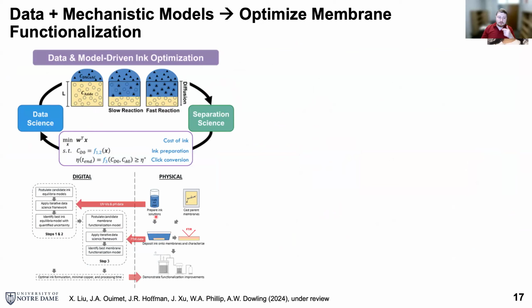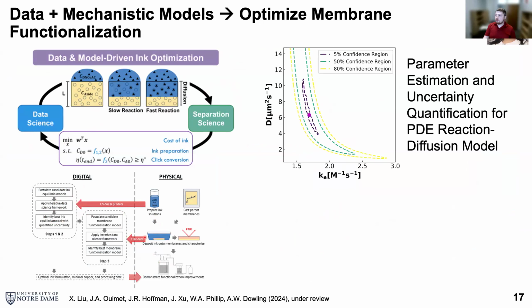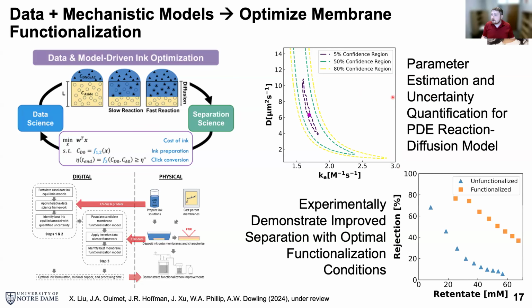and we really thought carefully about what are the governing phenomena happening, how do you model the reaction network, how do you model the transport, how do you accumulate data. We're then able to do parameter estimation and uncertainty quantification, so build a PDE reaction diffusion model, and then use that to optimize the formulation of this ink, and then we could actually experimentally demonstrate it. So this is a great example of how you can use modeling and combine it with data